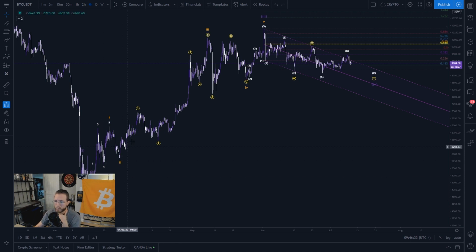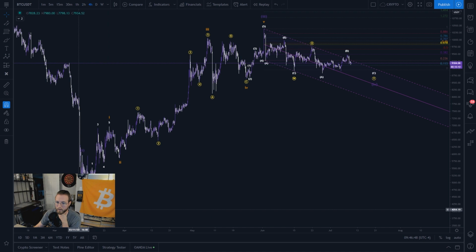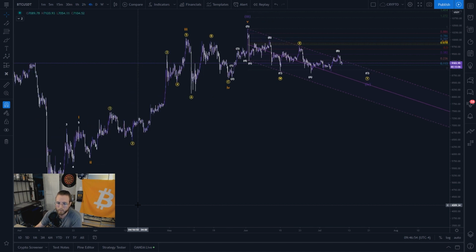But for me, this just makes the most sense. I've got 5 waves into this third with the 1 starting here. I've got my 5 waves on the minuscule scale into this 1, and then this 1 through 5 count is the 5 waves of that counts 3. So it does make sense to me.